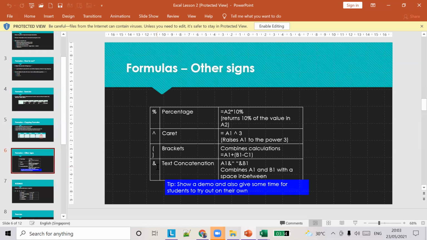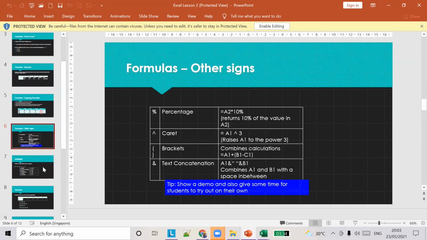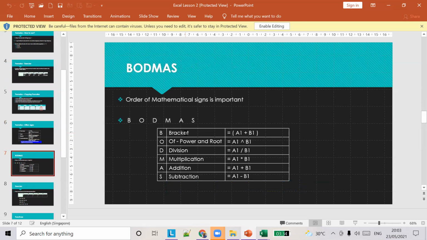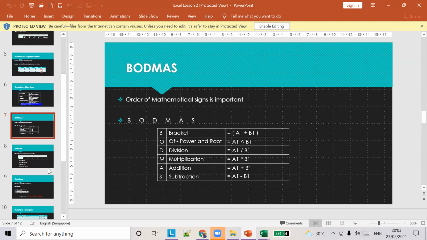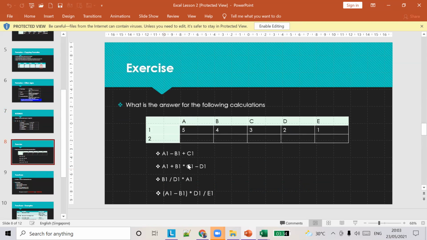And we learned what is BODMAS, bracket, order of power, then DMAS. These are the order in which the computation happens. We also did some exercises like A1 minus B1, and we tried all these formulas.